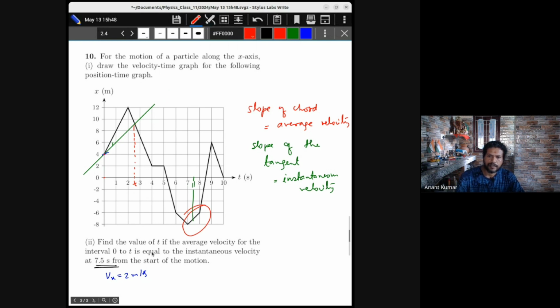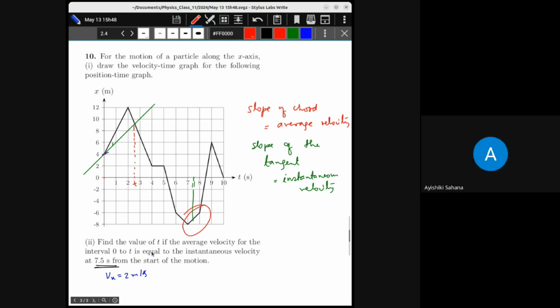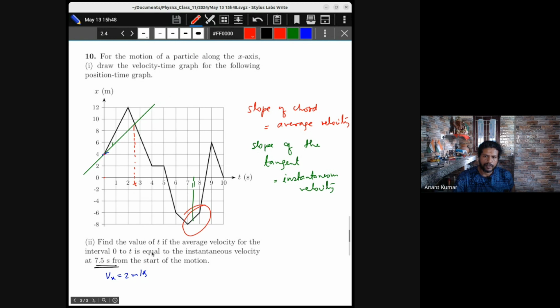For that reason, in this case, this is a required chord, and therefore I can find a time. Time कैसे figure out करेंगे? How to find out this time? Any idea? सर इसका भी स्लोप अगर इक्वल्स टू 2 कर दे फिर क्या फाइंड कर लेंगे? हाँ बिल्कुल, क्योंकि इसका स्लोप 2 मुझे पता है, और ये पता है कि 0,4 से पास कर रहा है, तो वैसे इसका इक्वेशन मुझे मालूम है इसमें।